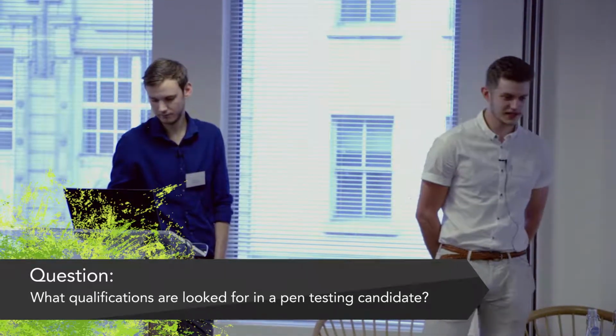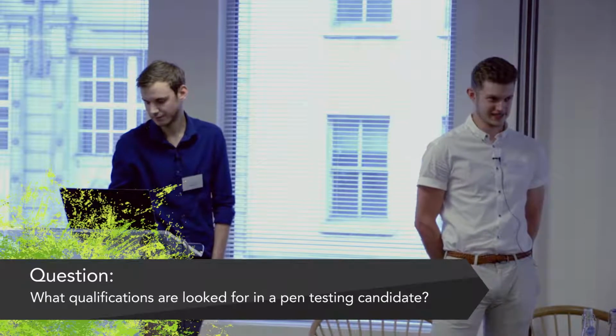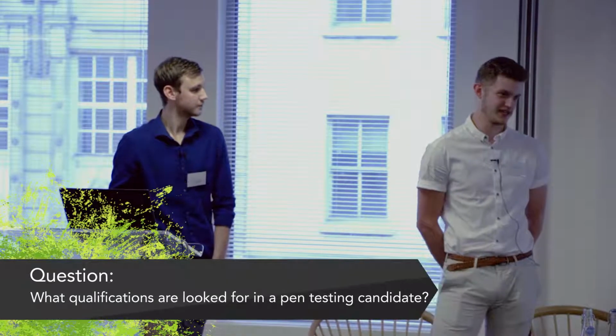So with regards to just pen testing candidates, it's all about your skill level. With the Cyber Essentials schemes, as we are CREST certified, the minimum our assessors have to have is what's called CPSA. So it's essentially a 2-hour multiple choice exam. And then from there, as long as you go through our process and you're able to follow the test specification and everything, you can go on site and do all the testing and assessing. But I believe you came to IT Governance not with...